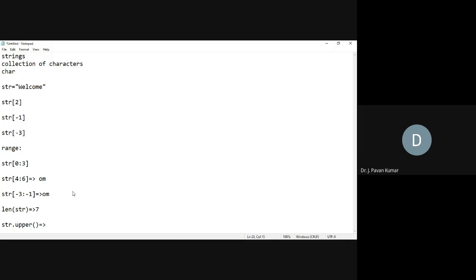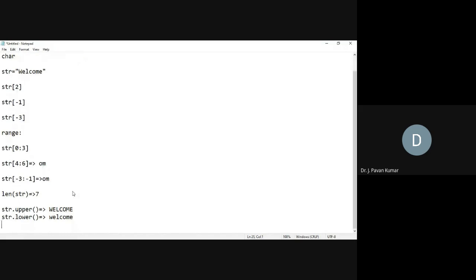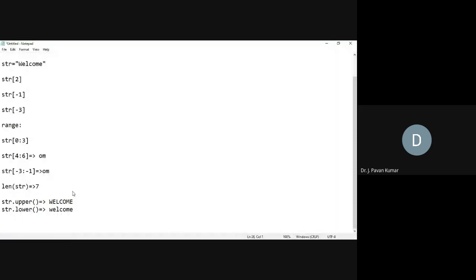On the contrary, we are having the lower function, that is str dot lower. Then all the characters in the string will be lower. W will also be converted as lowercase. Got it? Upper and lower are the two functions. Whenever we call those functions, automatically it will convert the given string into uppercase or lowercase appropriately.